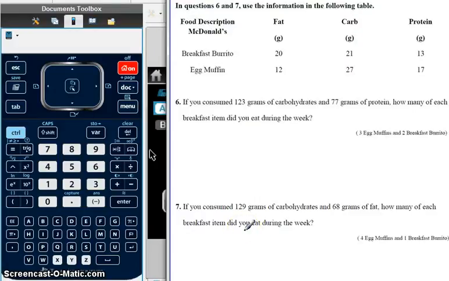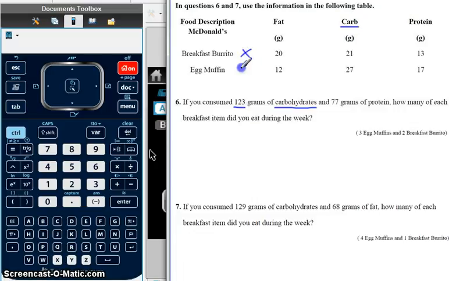Alright, so for question 6 and 7 we have some nutritional information about two different items on a menu in grams, and we're told here that we consume 123 grams of carbohydrates. So here's the carbohydrates here. Now we can use the information here to relate this to systems of equations by giving each of these items